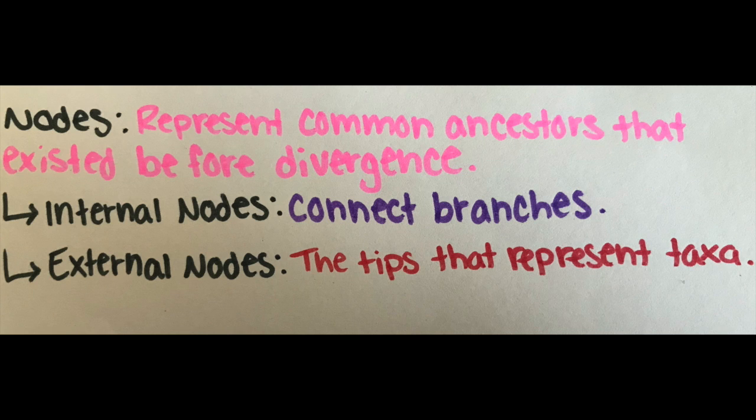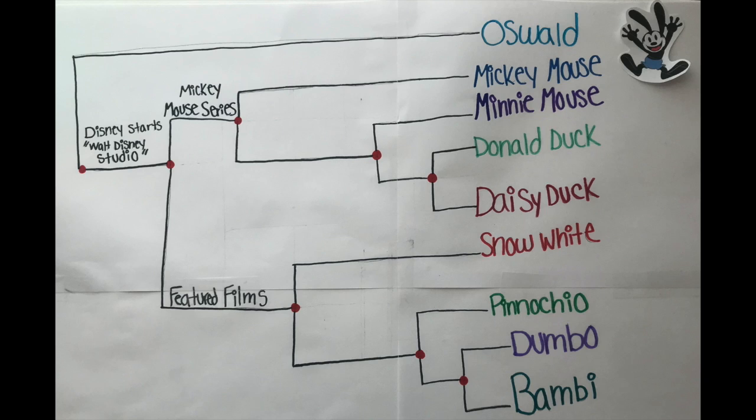Nodes represent common ancestors that existed before divergence in the phylogenetic tree. There are two different types: internal nodes, which connect branches, and external nodes, which are the tips that represent taxa. Now that we know all of our important vocabulary, we're going to go ahead and move on to our example